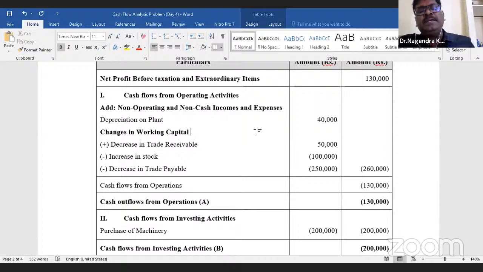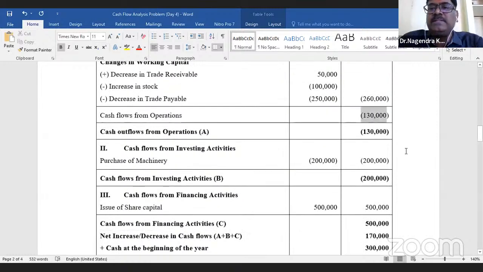There was an increase in the stock, which means there was less liquidity with respect to the stock. But the stock component will be added in the calculation of revenue. As a result of this, and as a result of trade payables also, we paid more trade payables, right? Trade payables are the short-term obligations that we have to pay during the period. So with respect to working capital, we have a problem. We have incurred some cash expenses. That's why we got a negative cash out. So after considering the revenue that was derived during the year, we got 1,30,000 as a negative cash flow